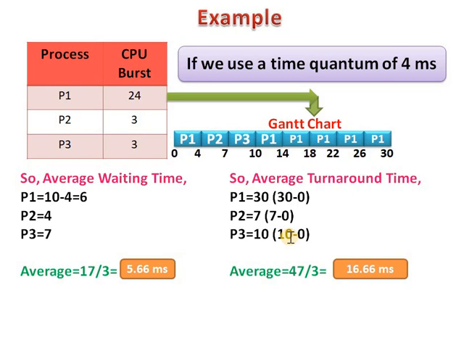In short, round robin is a preemptive process scheduling algorithm, and here each process is provided a fixed time to execute, and this time we call a time quantum or a time slice. Once a process has executed for a given time period, it is preempted and another process executes for a given time period. Context switching is used to save the states of the preempted process. This is the round robin algorithm.